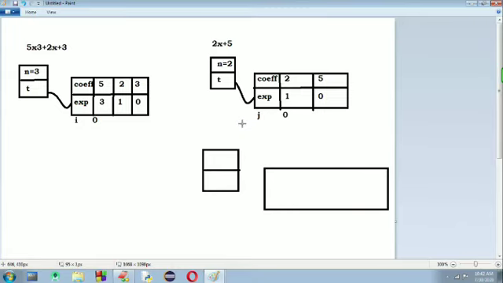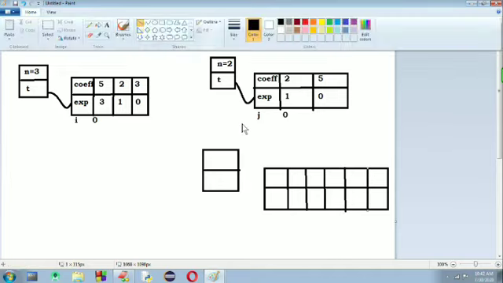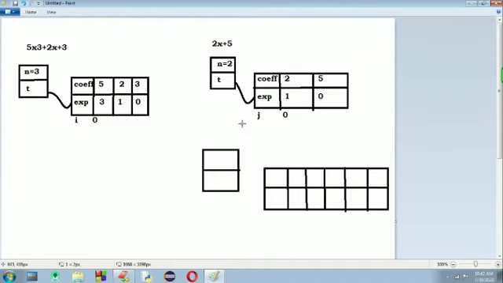Now the third polynomial is of size first polynomial's number of terms plus second polynomial's number of terms. Right now we consider it as 3 plus 2 is equal to 5. So I'm taking 5 memory blocks 1, 2, 3, 4 and 5, and this term represents this memory block.